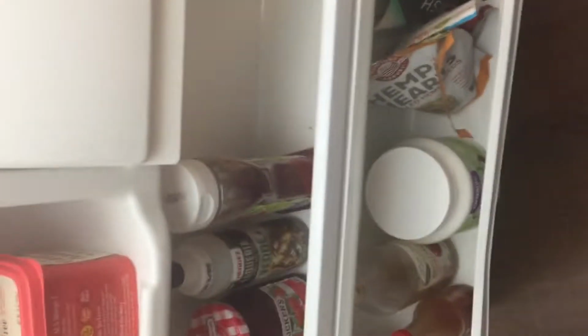This verde sauce. I just didn't want to throw stuff away because I spent money on it, so why not use it up and then, you know, fully transition. Then I got this organic ketchup,